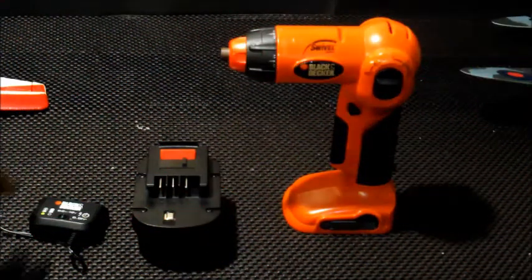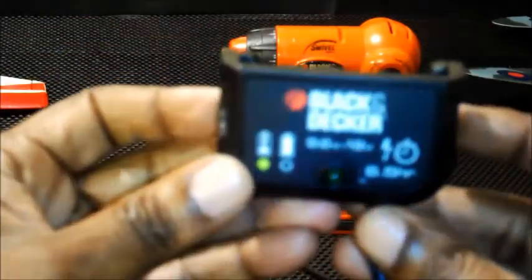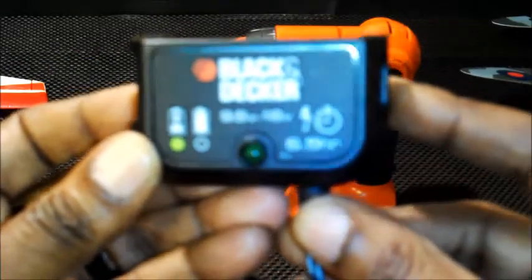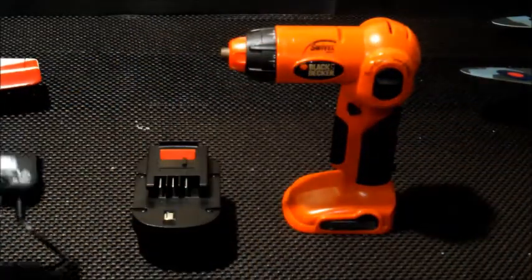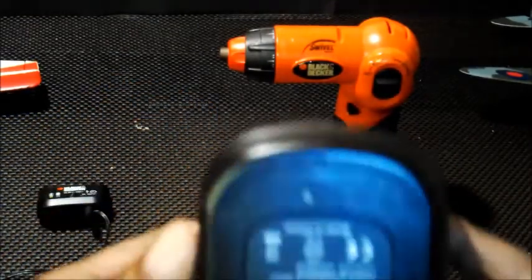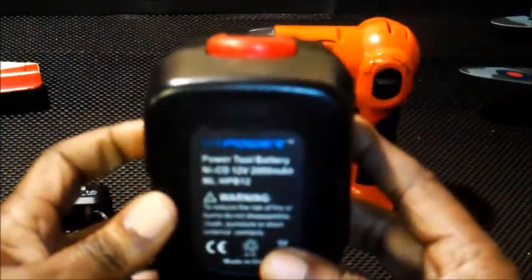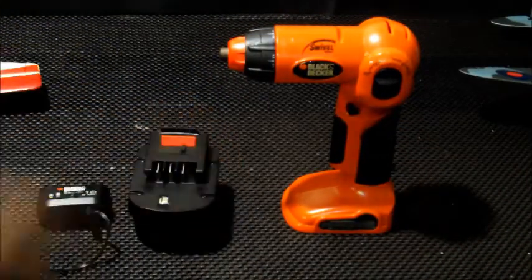Hello. Today we're going to be looking at this. It's a Black & Decker 9.6 volt through 19 volt charger. Now I got this thing because I have the HPB 12, which is a 12 volt 200 milliamp NiCad battery, and I got it because my original charger